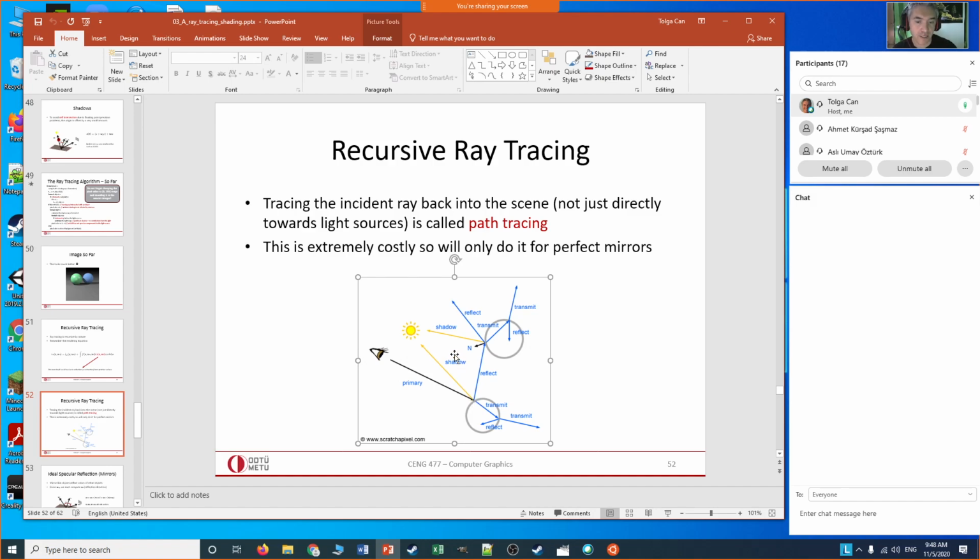So this is what we will be doing in this recursive part of the ray tracing. And whatever color we compute for this reflected ray, this color will be considered as a new point light source that is shining light to us in this direction. And we will just multiply it with whatever the reflective